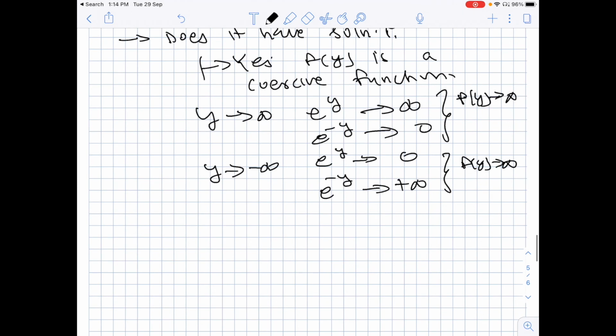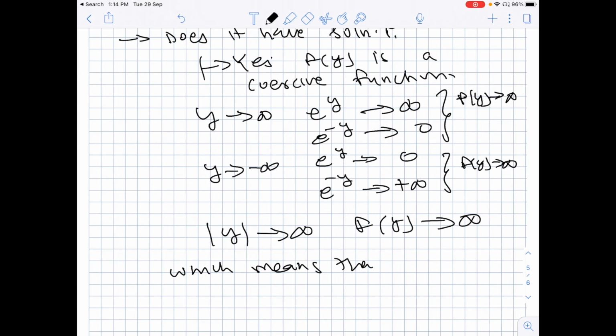With y tending to minus infinity, e to the power y goes to 0, e to the power minus y goes to plus infinity, and so f of y goes to infinity. So in other words, as modulus of y tends to infinity, f of y goes to infinity, which means that f of y is a coercive function